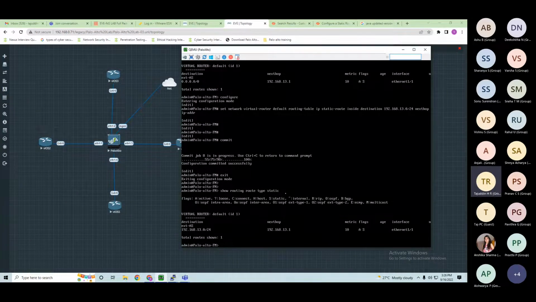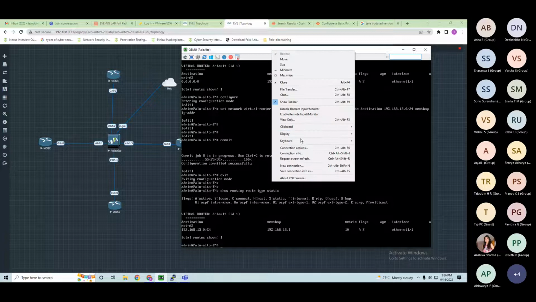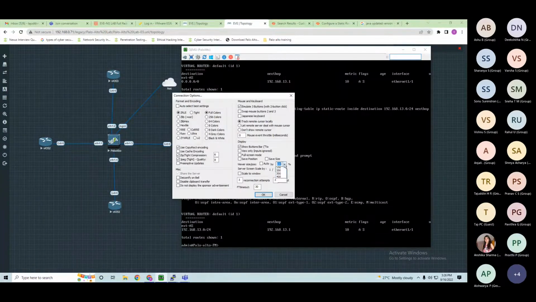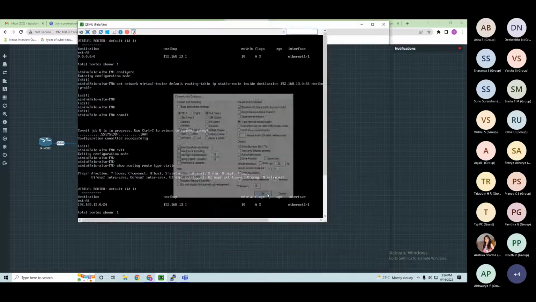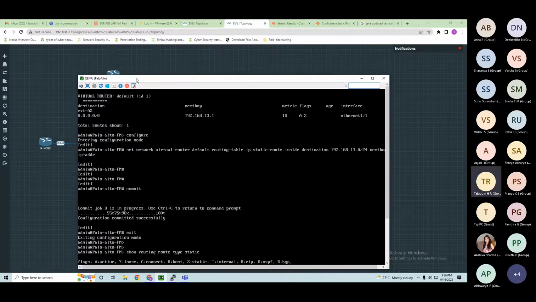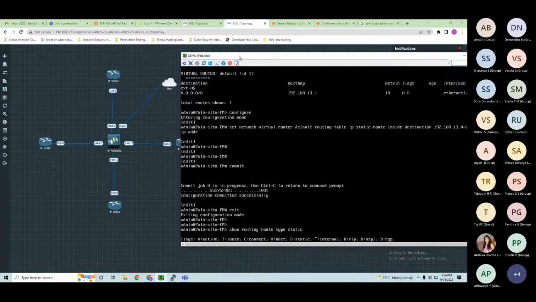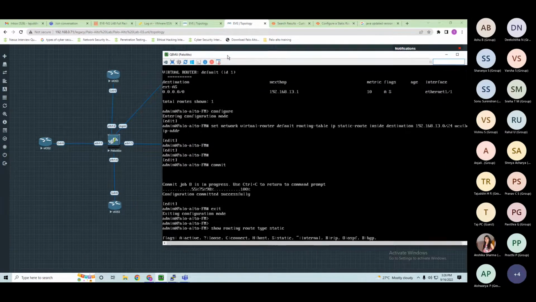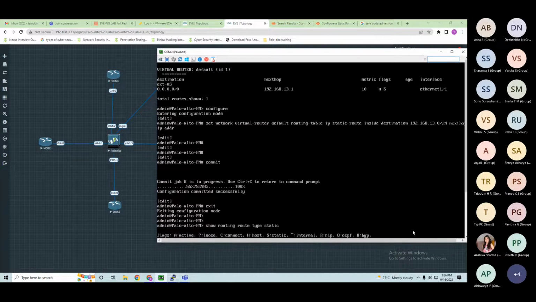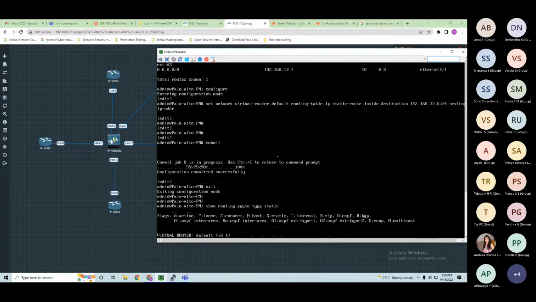Okay, I think you are able to see my screen, right? Yes, yes. Okay, good. Do you want me to increase the font size? Yes. So I think now it is better. So now,